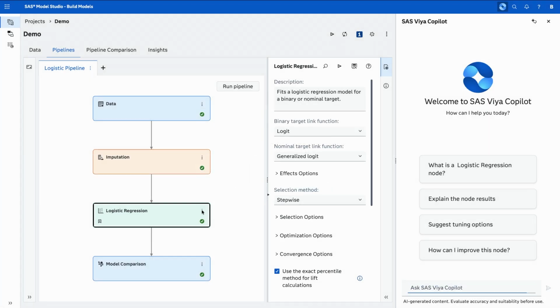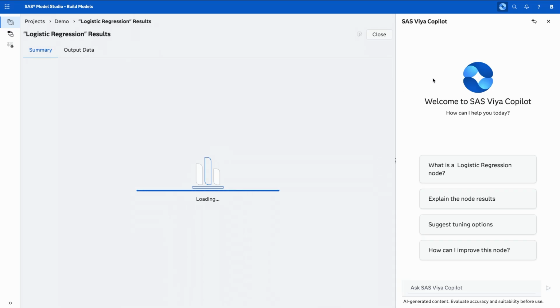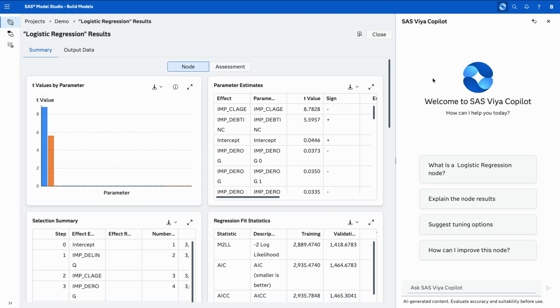I'm going to create a new chat here, and let me open up the results of our linear regression. Now, in the previous release, we had the ability to take all of these results and ask Copilot to summarize all of them. And you get a very long document, a lot of information in there, that's great. But now what we're adding is the ability for you to do targeted questions on the actual results that we see on the screen here.